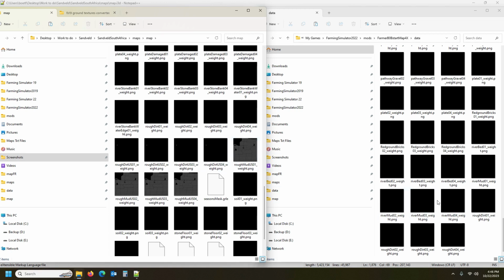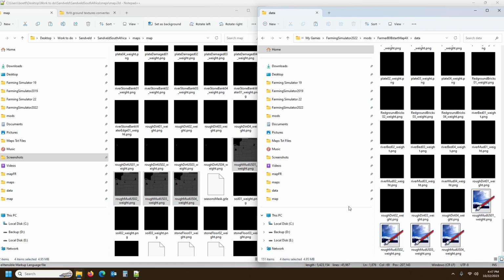So what we can do, we can change rough mud US into river mud. You see, it's just a name that changes, but the texture is going to be the same. So what we're going to do now is grab these 4 textures or these 4 weights, drop them in here like so, and then we're going to change them once again to river mud. So we take river mud 01 once again, Control C, delete that one,